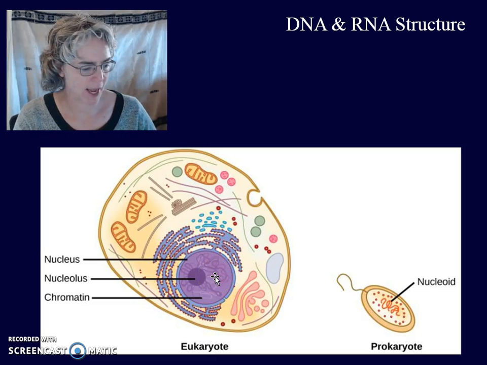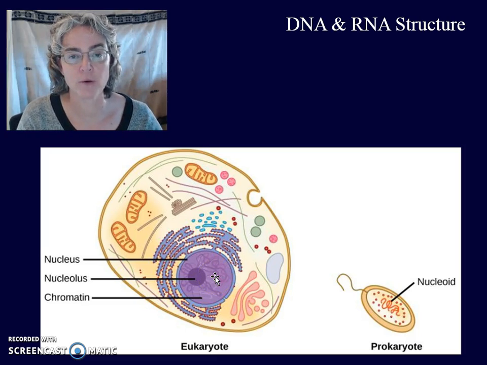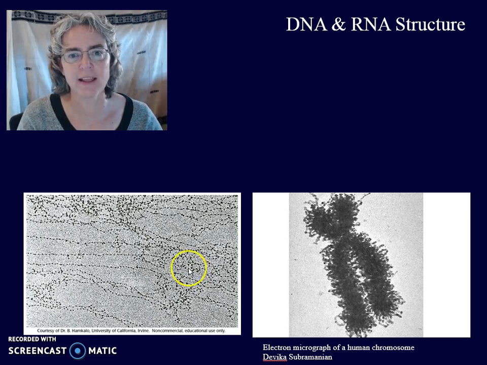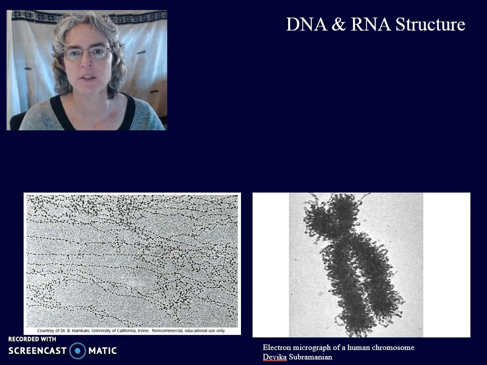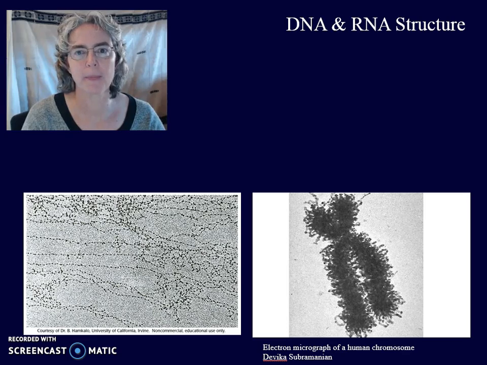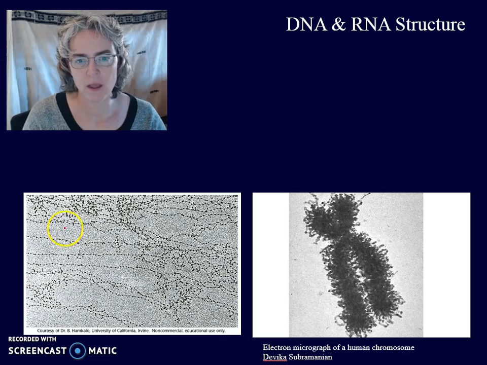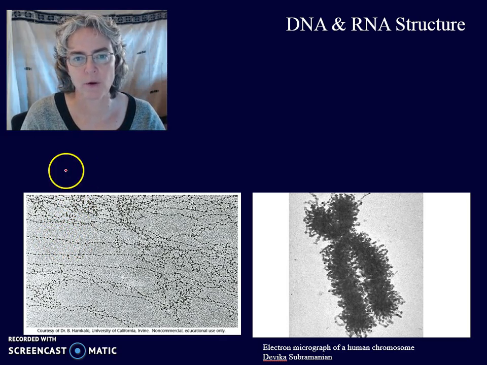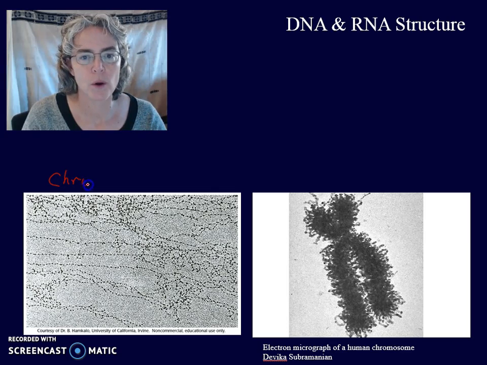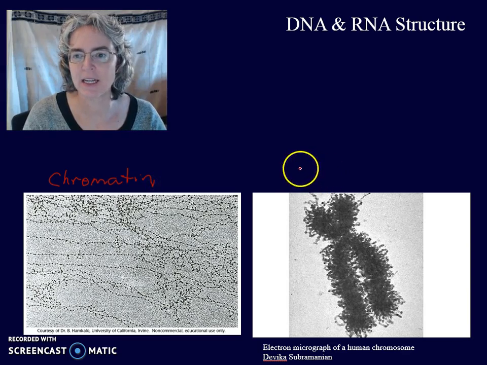So let's take a look at some electron micrographs of DNA in these two forms. So let me get my pen here. So this is an electron micrograph of DNA in chromatin form, and this is an